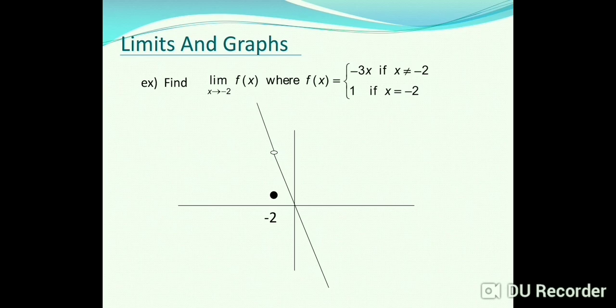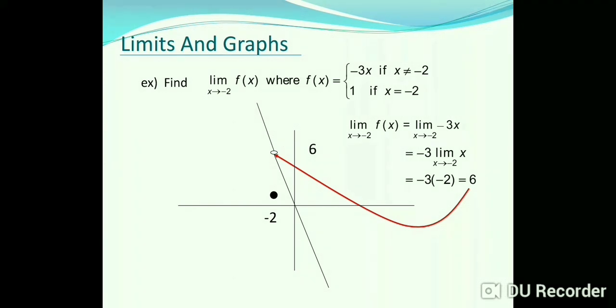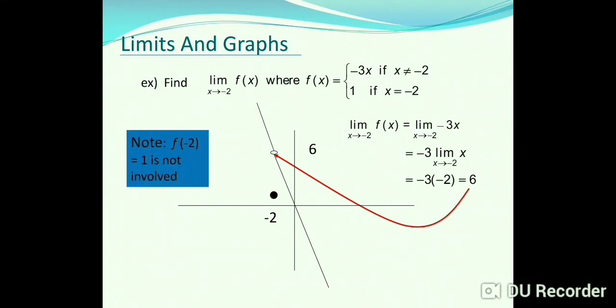Here is the minus 2 point in the second quadrant. This is the slope of the tangent. Here we note that the function value at minus 2, that is f of minus 2 is equal to 1, is not involved, as shown in the following figure. Next we will see the epsilon delta definition of limit,